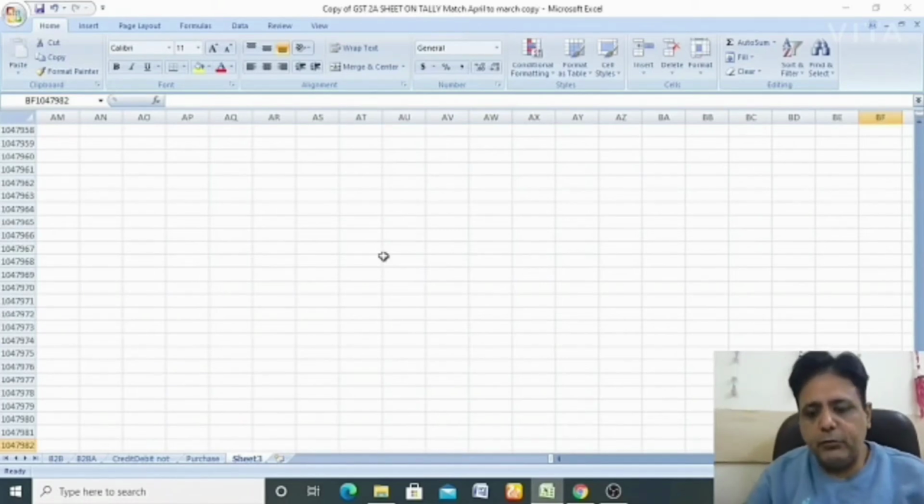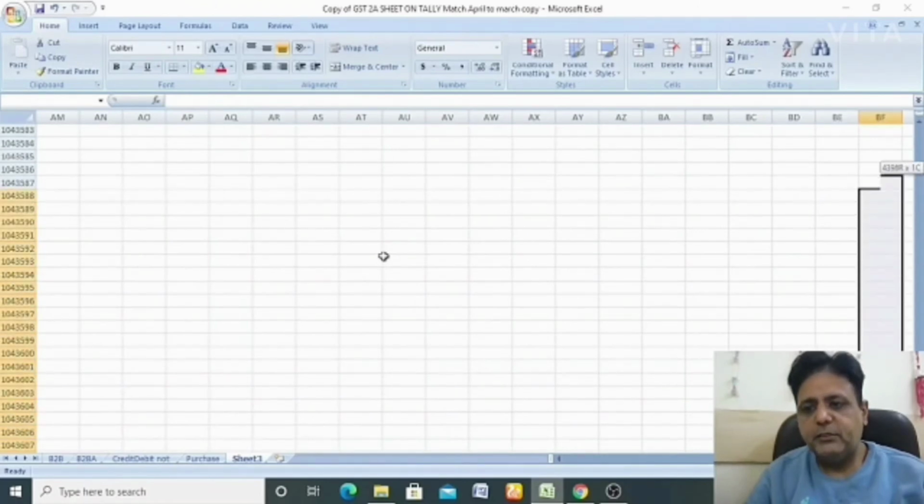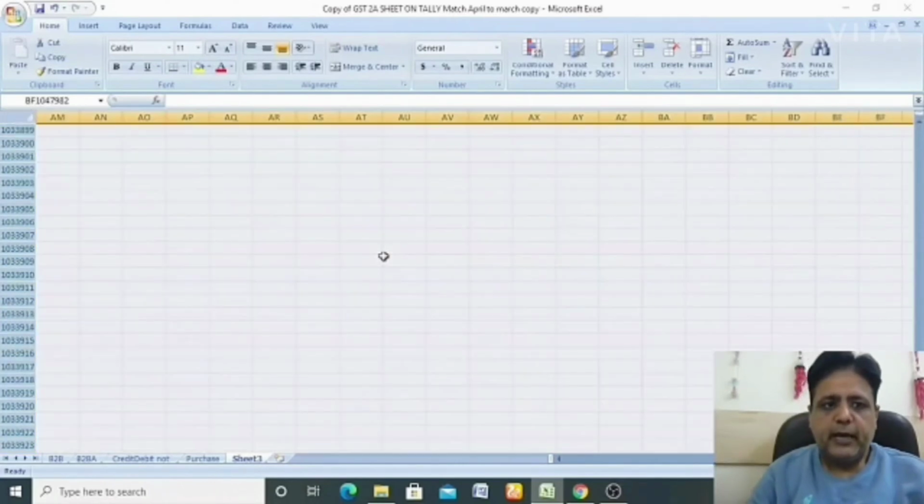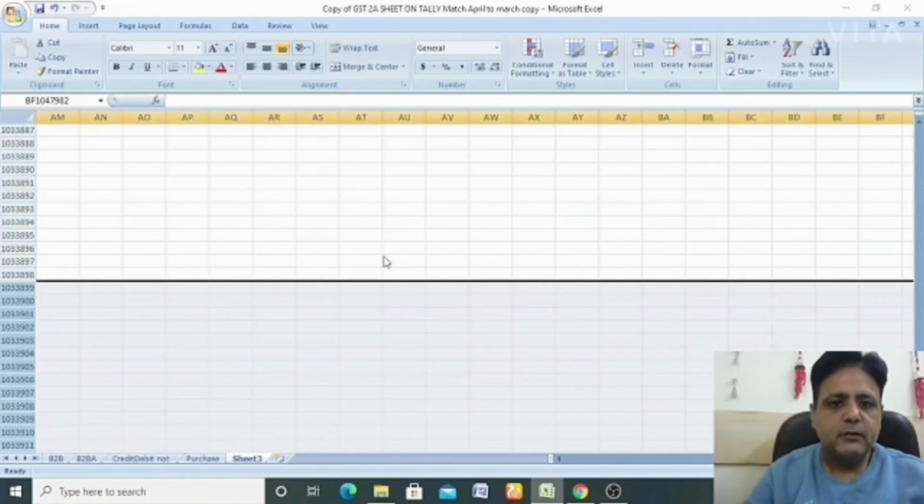So now what I will do is select those extra rows using Shift and Page Up, and by selecting those extra rows where I don't have any data, I will delete them by pressing Control minus.